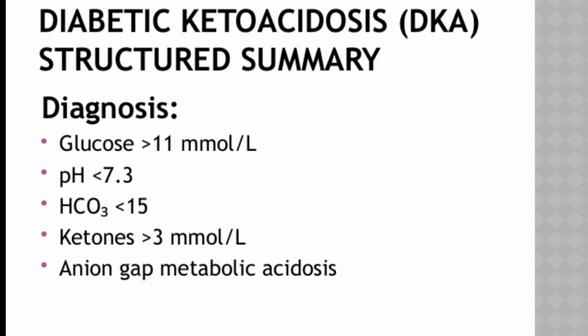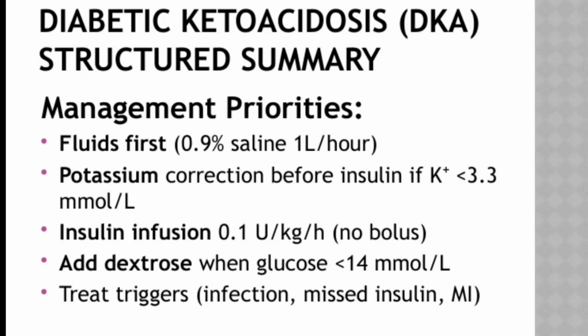Let's now focus on the management priorities in treating diabetic ketoacidosis. First and foremost, fluids come first. We typically start with 0.9% saline at a rate of 1 liter per hour to correct dehydration and restore circulatory volume. Next, if the patient's potassium level is less than 3.3 mmol per liter, we need to correct the potassium before starting insulin therapy. This is crucial because insulin can drive potassium into cells and worsen hypokalemia, which can be